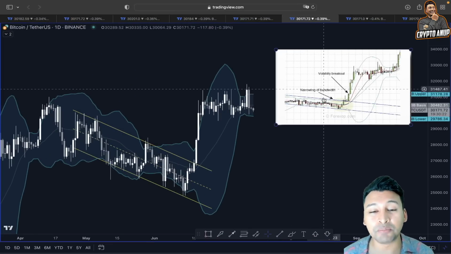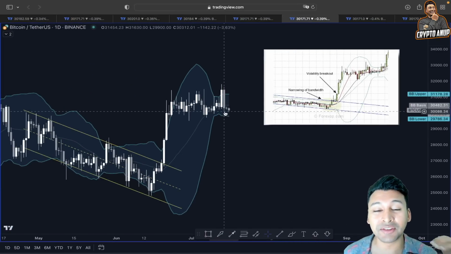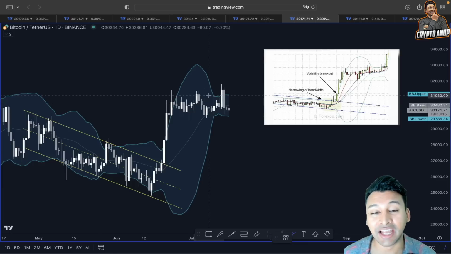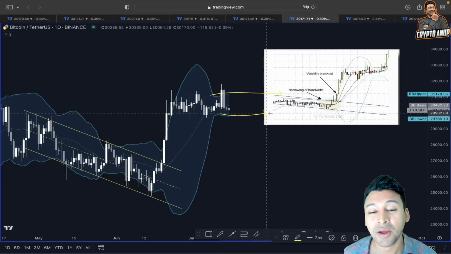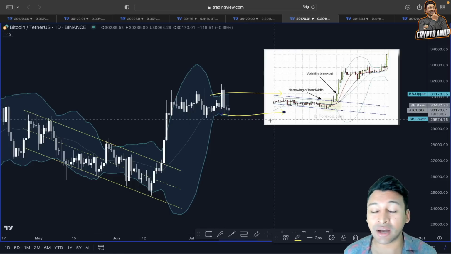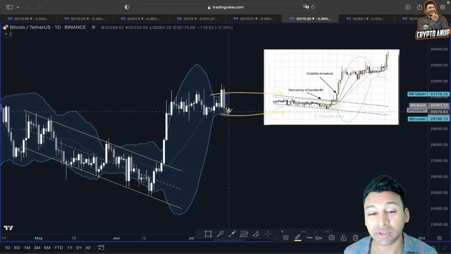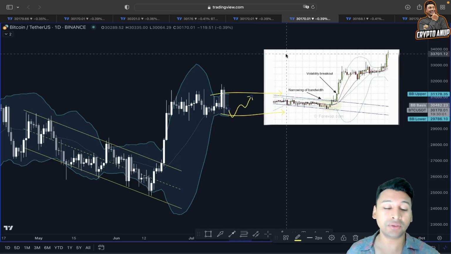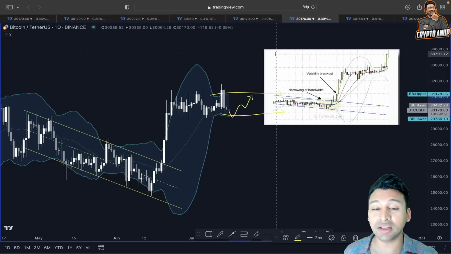Even if we look at this Bollinger Band squeeze, this Bollinger Band squeeze, like I said, is going to be acting as a line of support and resistance for Bitcoin. Yes, the lower trend line is somewhere around 29,800. So that's why 29,800, 30,000 will be looked at as a support line, right? And to the upside, 31,000 to 31,200 is going to be looked at as a resistance line.